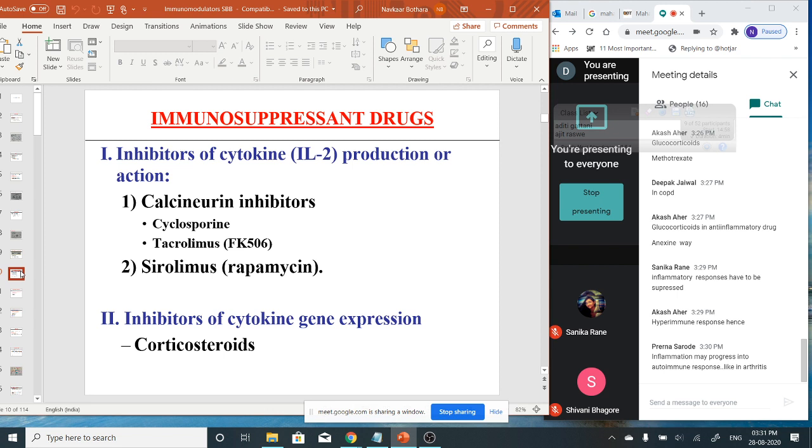So simply, I wanted to tell you that inflammation is an outcome of immune response. It can be milder, because if a small tissue injury is there, still the cytokines will flow to that area, and because of all these cytokines and whatever role they play, the outcome will be inflammation. Here there is no foreign object, but the tissue that has broken down, the debris, has also initiated the immune response.